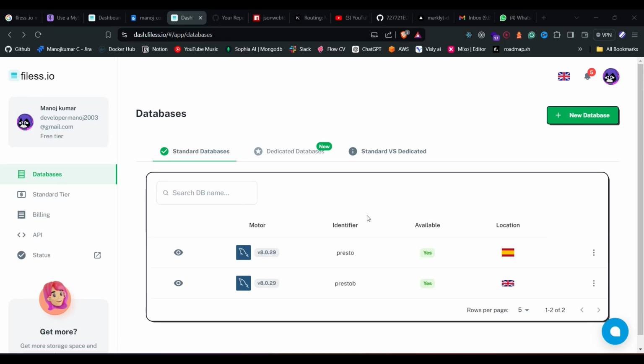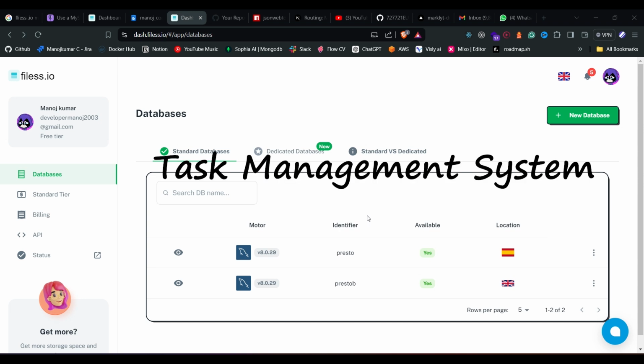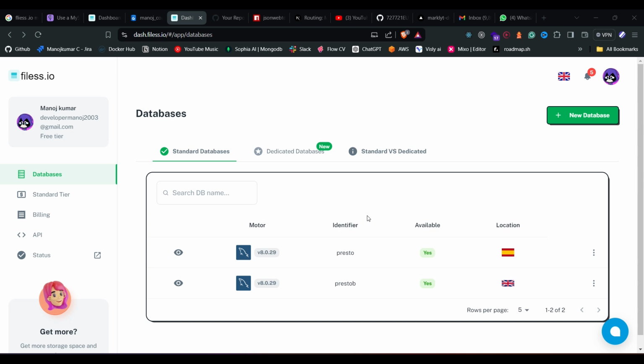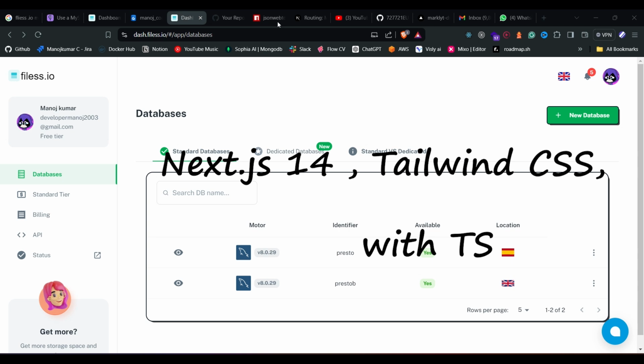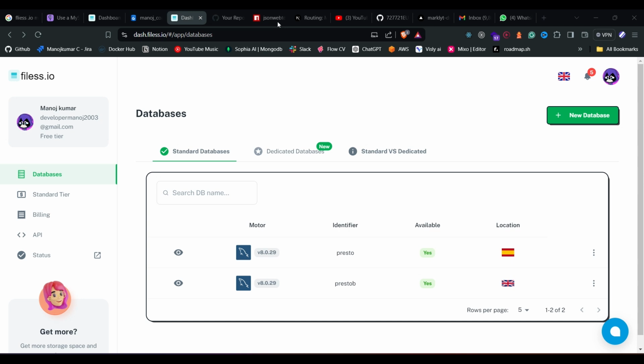In this video, I'm going to explain the application that I have developed, that is a task management system. So basically, it is a CRUD application in which you can write titles, some kind of to-do list things. The front end part that I have used is Next.js and Tailwind with TypeScript, and for the backend, I have used Express.js for the backend API development, and for the creation and maintenance of the database,